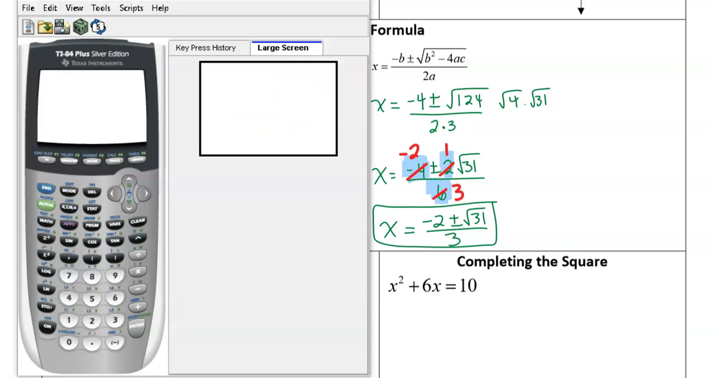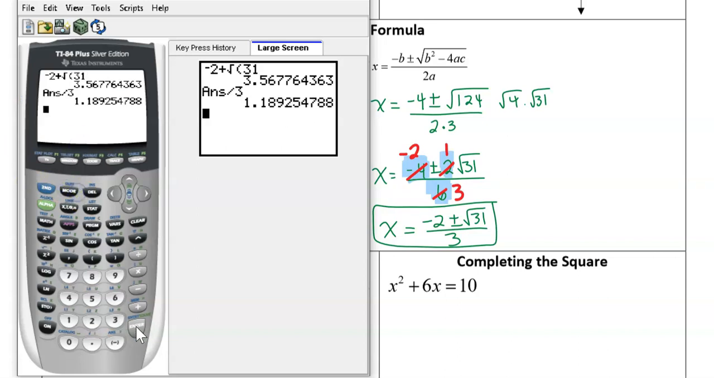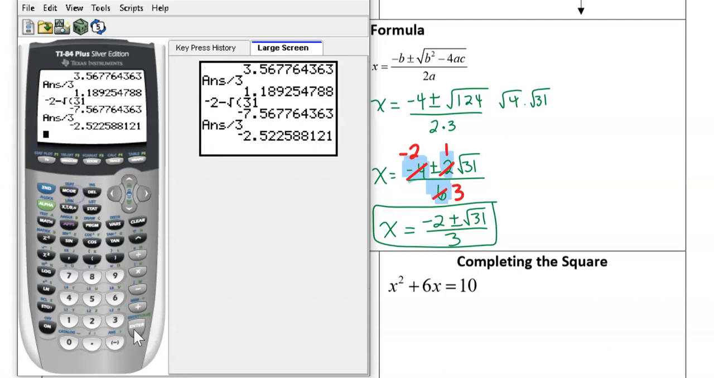Okay, I've grabbed my calculator, and the first thing I want to do is the numerator. Keep in mind that the numerator really has parentheses around it, so we need to do -2 plus the square root of 31, and then hit enter. This makes sure that the calculator does this addition first, and then we divide by 3. So we get 1.2. Let's round to the tenths place here. 1.2 when we do this one, and then we're going to do the second one, -2 minus the square root of 31. Hit enter, and then divided by 3, and we get